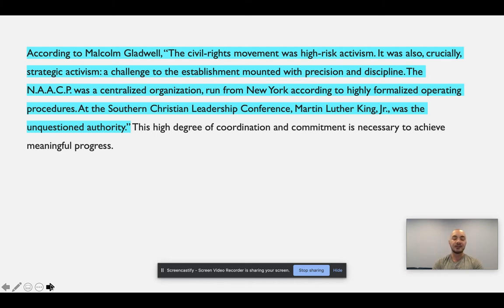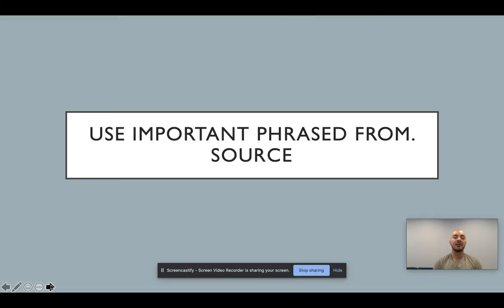So in this case, the commentary on the quote also serves as a closing sentence for the paragraph. Unlike the first example in the paragraph, the Martin Luther King quote, where there is more detailed commentary, this commentary just sort of sums up what it is that Gladwell is suggesting, and it puts the two quotes almost in conversation with one another.